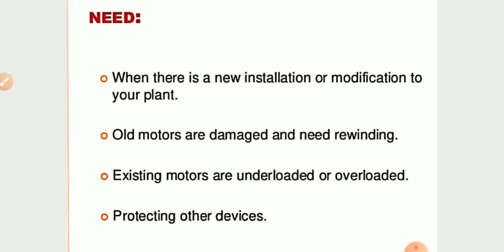It means when there is some problem and some losses in the standard motor, then instead of changing individual behavior, we can use the energy efficient process, and it is very easy. So it reduces the energy consumption. That's why we need an energy efficient motor in energy management and energy audit.